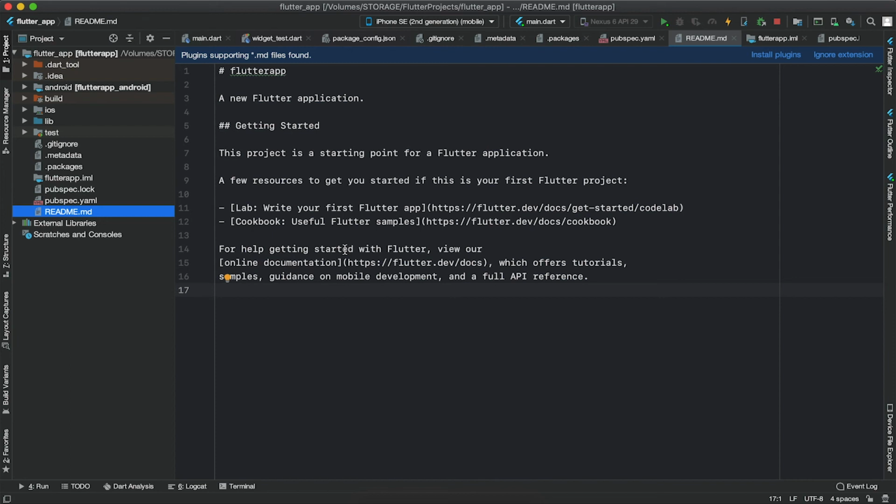Now next is this readme file, and you can write the description of your project here, and it will help you while sharing your project with someone else or in Git. And then this external libraries folder just contains the libraries that our project is using, so we can just ignore it. And the last is this scratches and console thing over here,